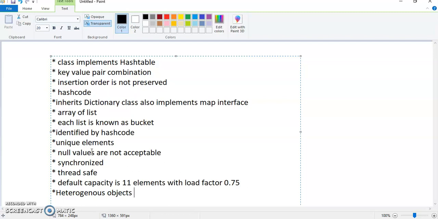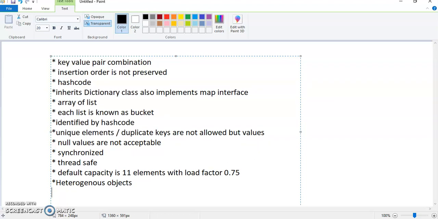Now here we already discussed that it doesn't contain any duplicate values, that means unique elements, but duplicate keys are not allowed. So here we can write that duplicate keys are not allowed, but duplicate values may be contained.